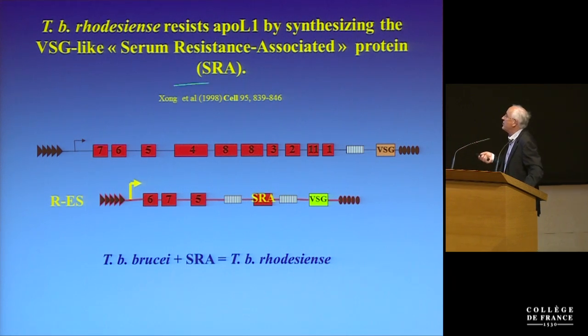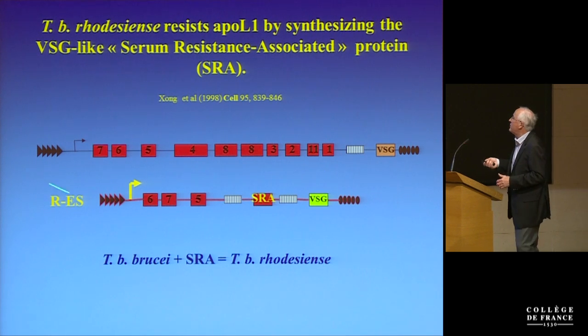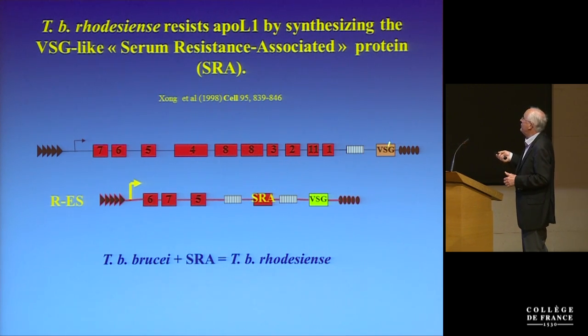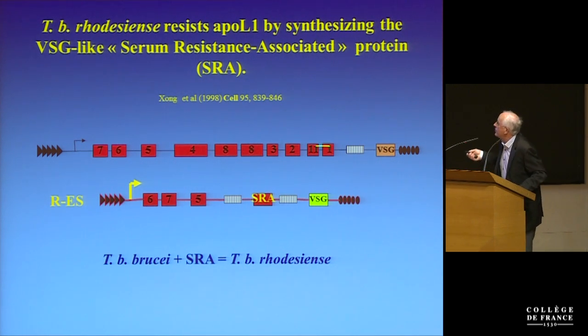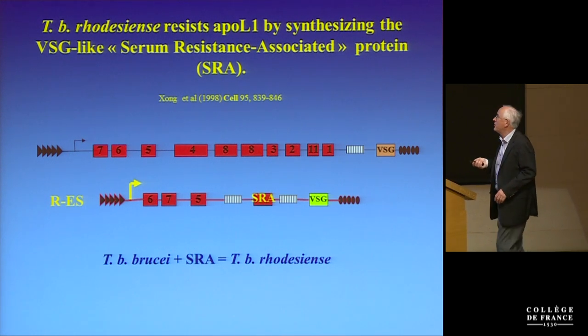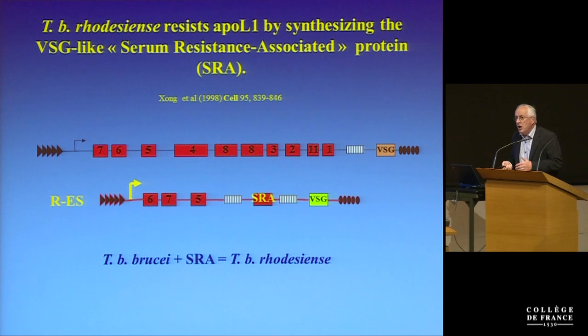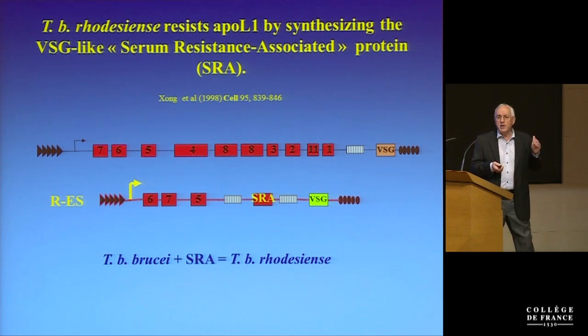The second feature that we have to know is that in these telomeric VSG expression sites, you always have a polycistronic transcription unit. So these sites not only contain the VSG gene itself, which is the last one close to the telomeric repeats, but you also have a collection of additional genes that are all transcribed by the same RNA polymerase molecule.